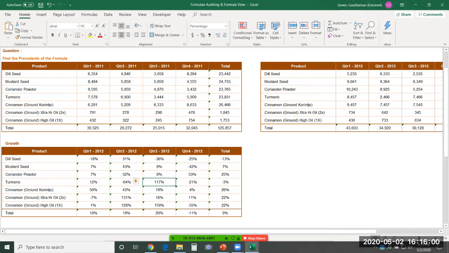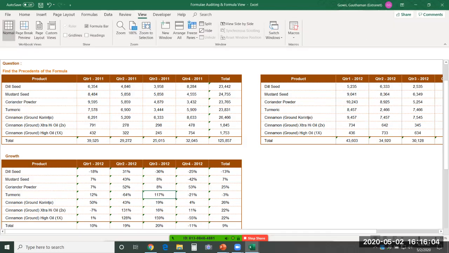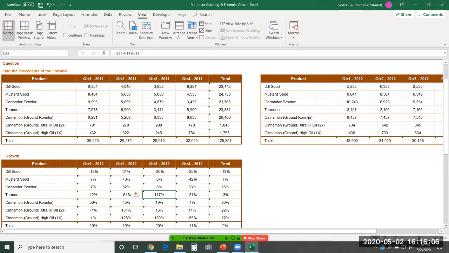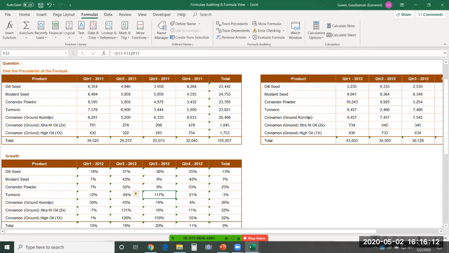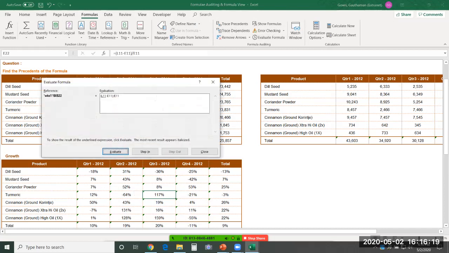If I have a cell with a formula like this, see, I've got some formula over here, and I would like to see the step-by-step calculation of this. Let's say we go to the Formulas tab. We have an entire section over here, this group, Formula Auditing. We'll go to Evaluate Formula.